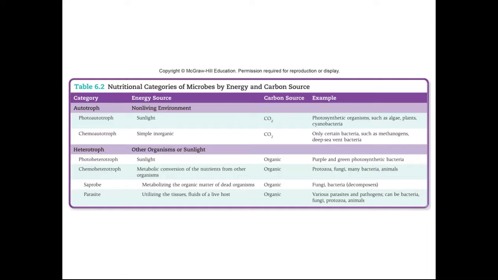And then finally we have our chemoheterotrophs, organisms that need organic carbon and need to eat food for energy. So we as human beings would fall into this category, and we'd also be right there with that animal right there. And we'd have our protozoa and fungi. Now, within that fungal category, and in the bacterial category, we have our saprobes that specialize on eating dead organisms, and then we have our parasites, which specialize on eating live organisms.